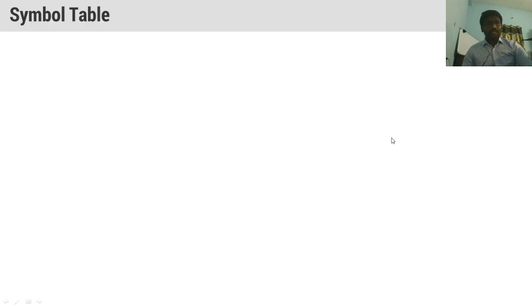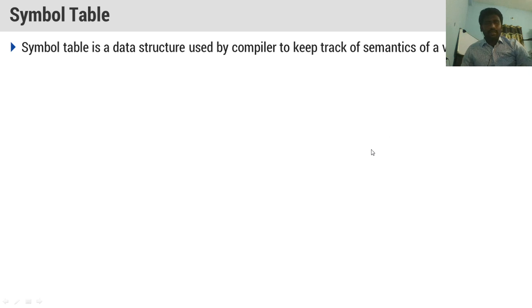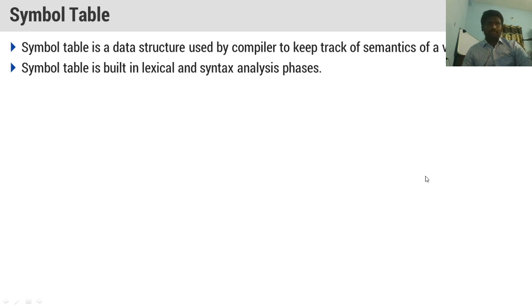Let us discuss the topic called symbol table. A symbol table is a data structure used by the compiler to keep track of the semantics of the variable. The symbol table is built in the lexical and syntax analysis phases, and the items to be stored in the symbol table